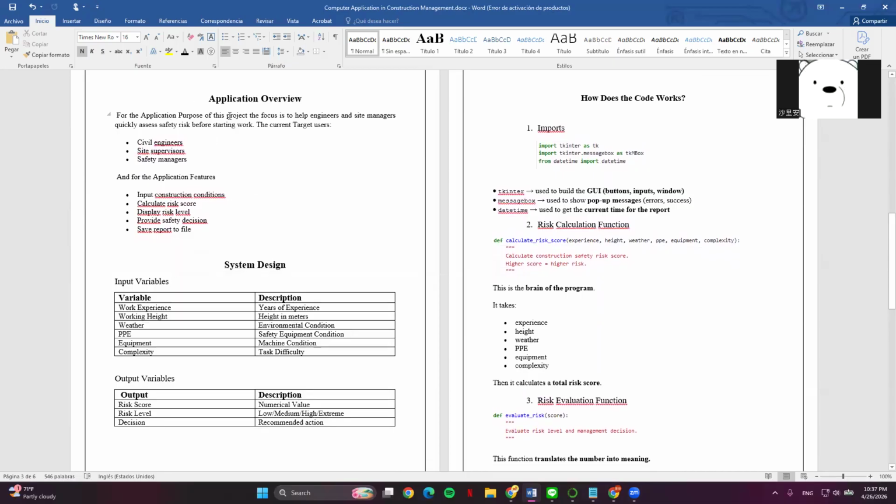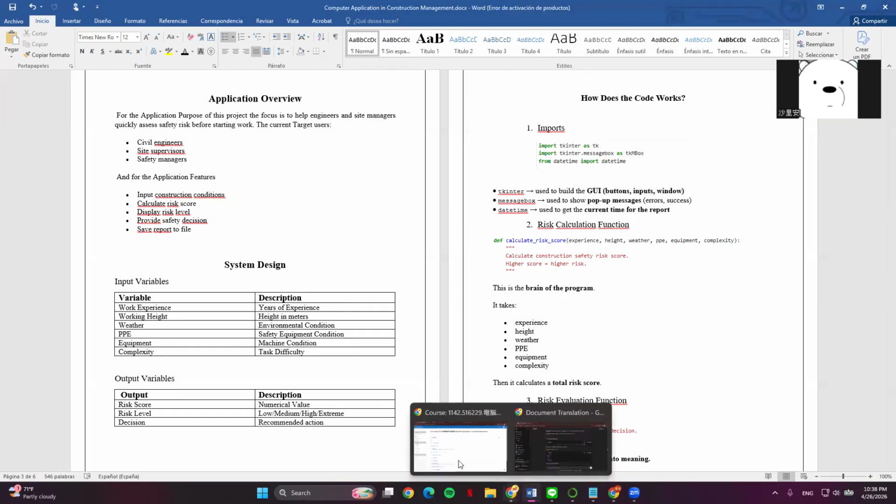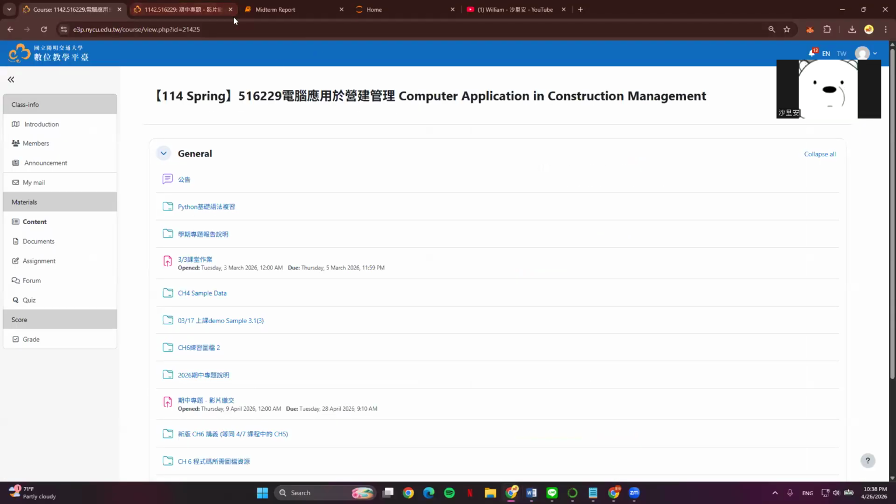The application purpose of this project is to help engineers and site managers quickly assess safety risks before starting to work. My targets are obviously civil engineering, but it can also be used by site supervisors and safety managers. I think I will directly go through the code to explain how it works and what it does, so you can have a better idea of everything. Okay,